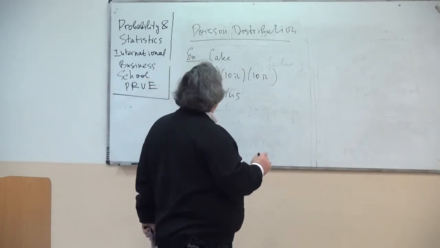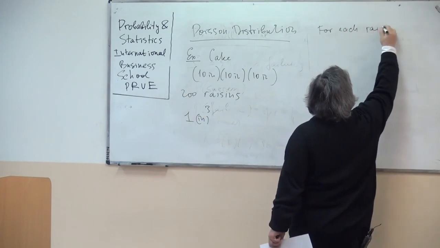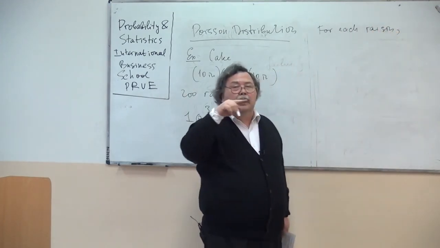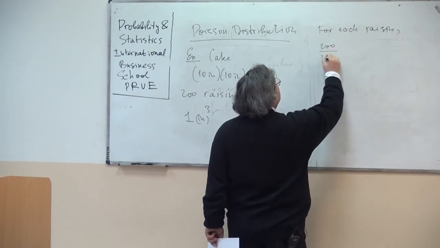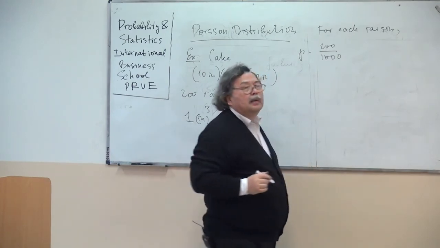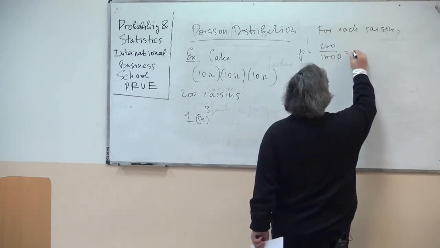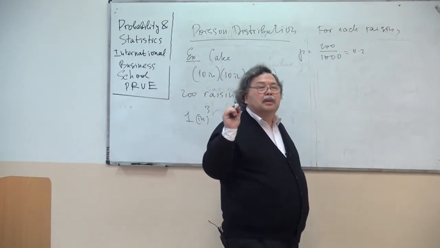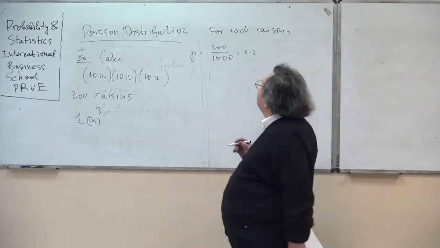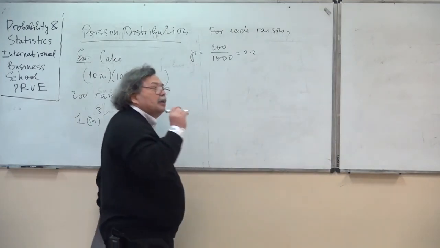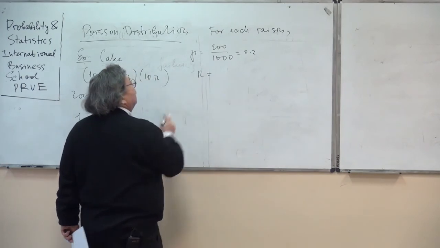And what's this probability? For each raisin, the probability of getting in a given 1 inch cubed volume is 200 divided by 1000, because there are 200 raisins and the volume is 1000 cubic inches, which is 0.2. So each particular raisin can get into this volume accidentally with this probability. Well, let's pay attention to this product. The number of raisins and which is